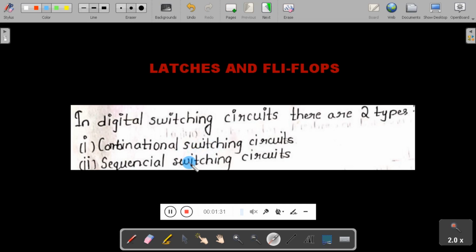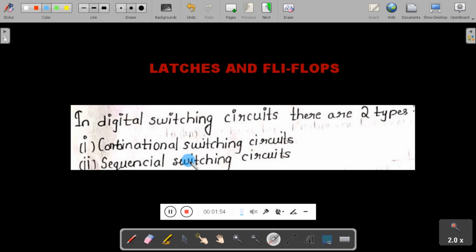Sequential switching circuits have the property where the output depends not only on the present input but also on the past sequence of inputs. So the sequential circuit should be able to remember the past history of the inputs in order to produce the present output. That means sequential circuits act like memory elements.